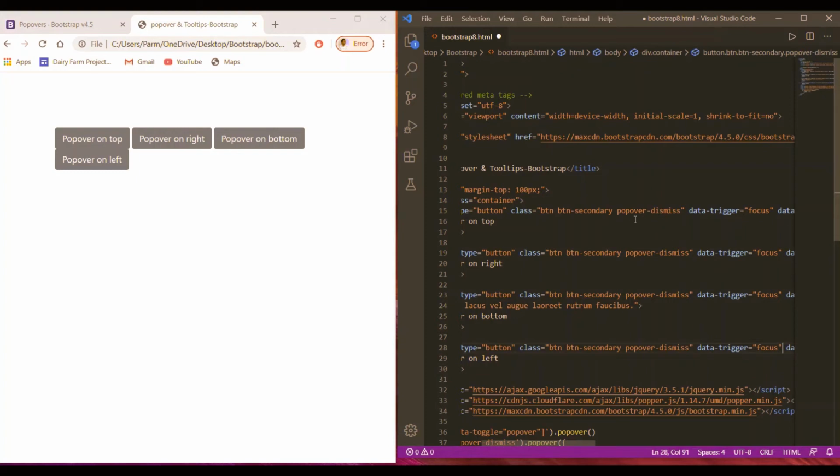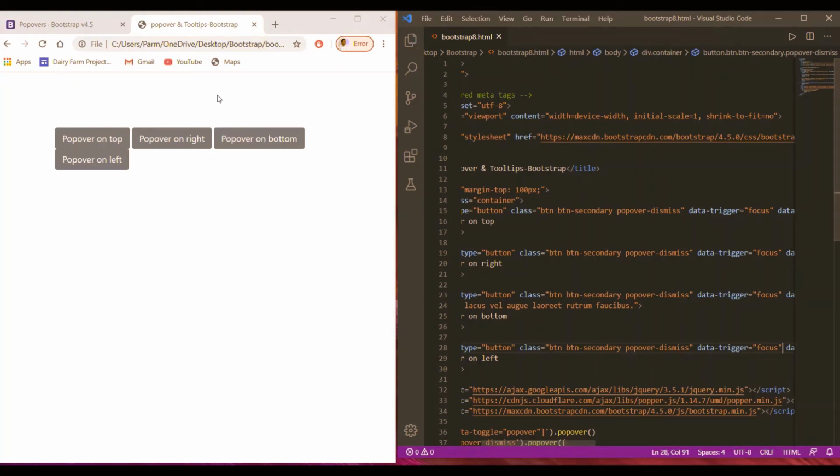We need not include this class popover dismiss for this purpose. If we want that on next click the pop-up disappears, we just have to use data trigger equal to focus.